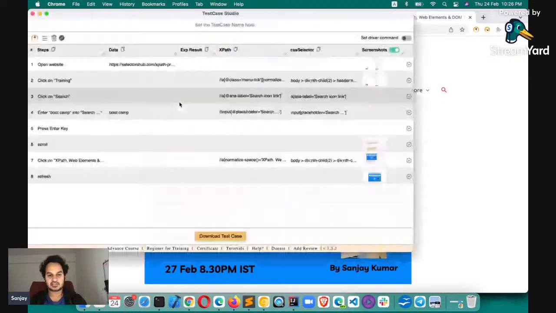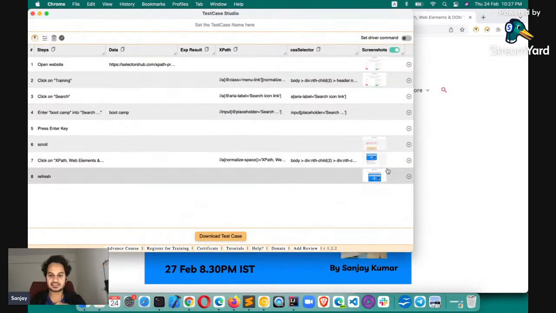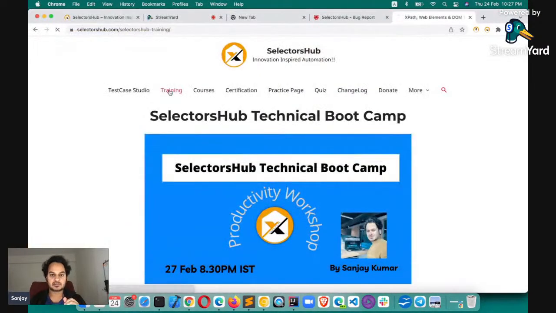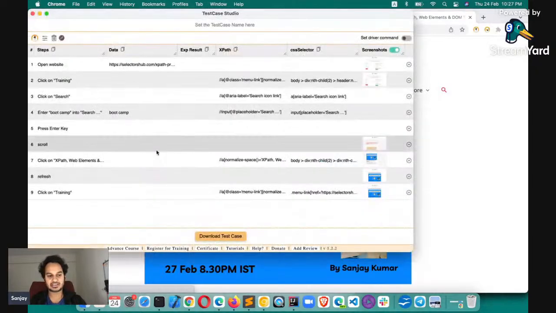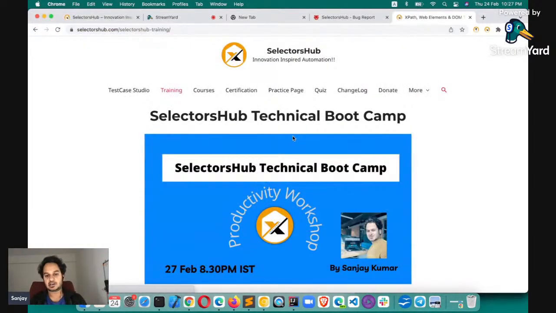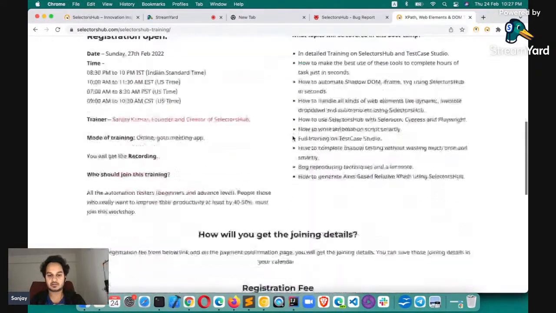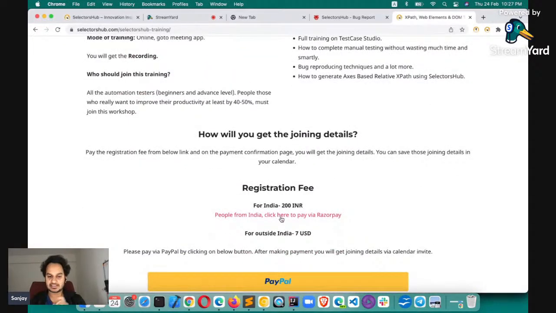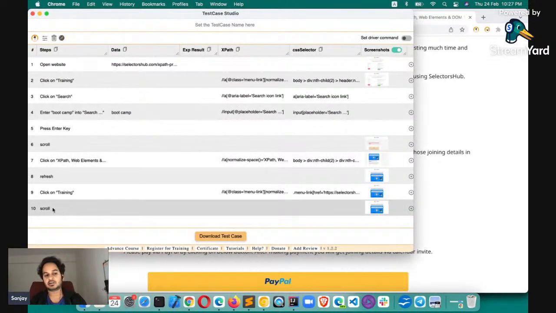So here on this page, now I'm showing you with the new version. This is the new version where you will see the screenshot. We have seen that it is recording the refresh. Suppose we clicked on training, so it has recorded training. Now if we scroll and then we click on, let's say, people from India, you see that it has recorded scroll,